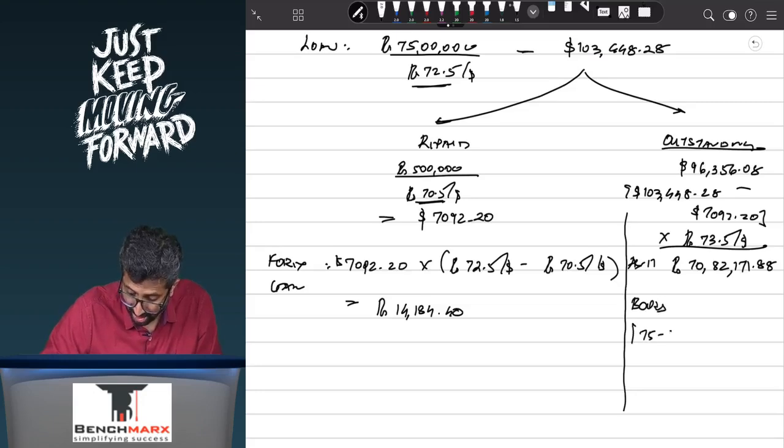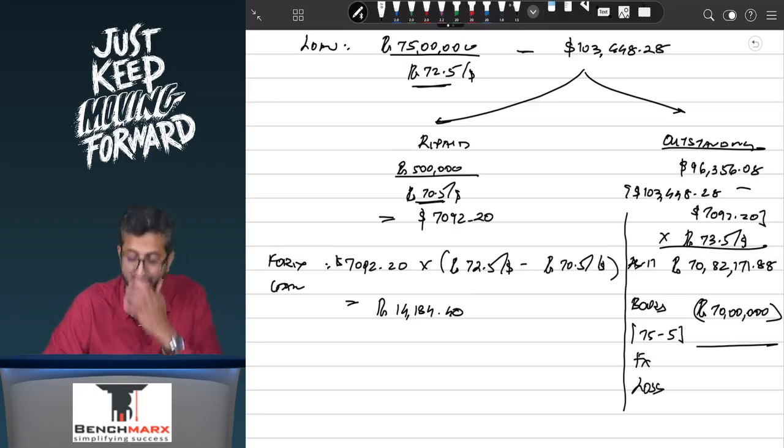Well, I started at 75, out of which 5 is repaid, and hence as per ICAI, this loan must be appearing remaining at 70 lakhs in your ledger, and hence there would be a forex loss, because something which is worth 70 lakhs is now to be shown at 70 lakh 82,171. So there is a forex loss of